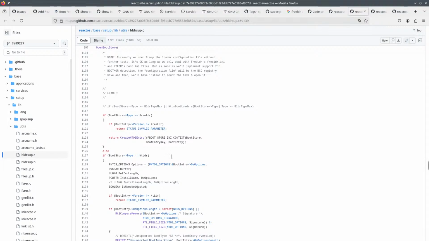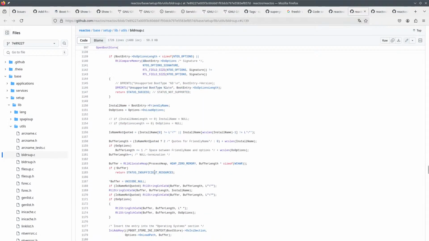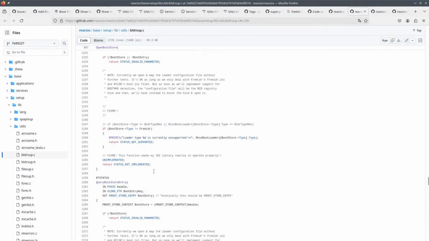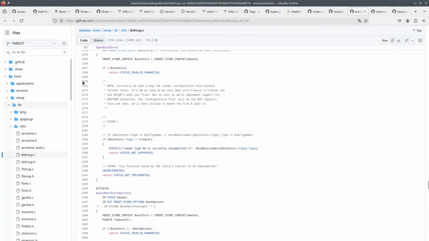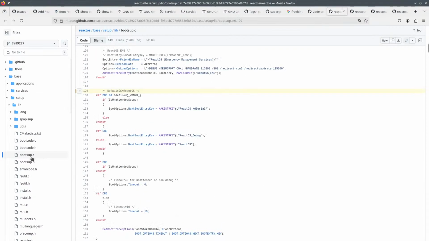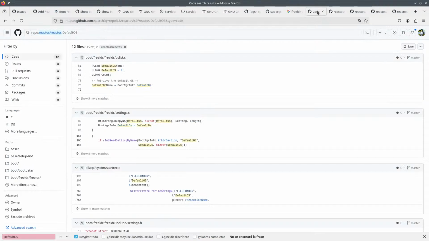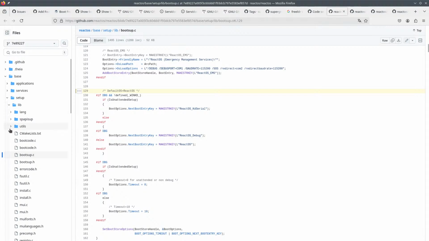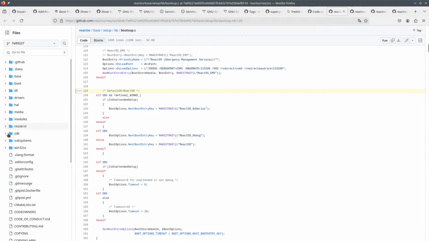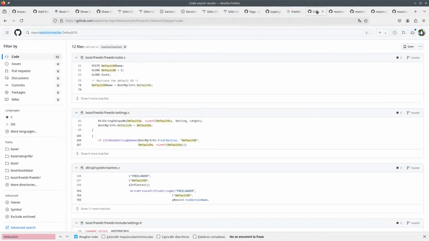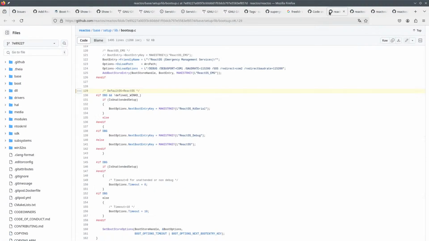Although this is util, so this is not something that would boot and try to search anything. So what about going directly into FreeLDR stuff, which is on boot?